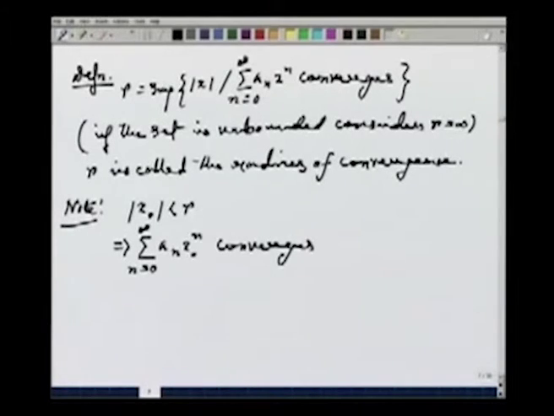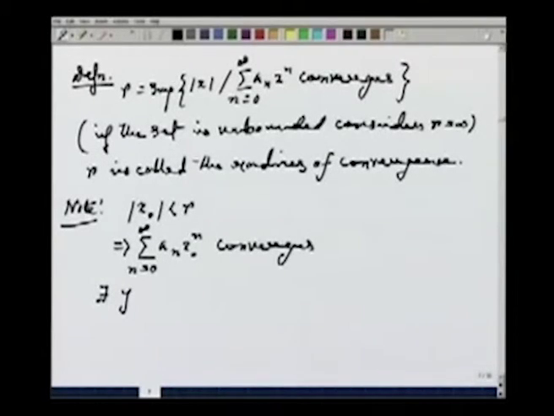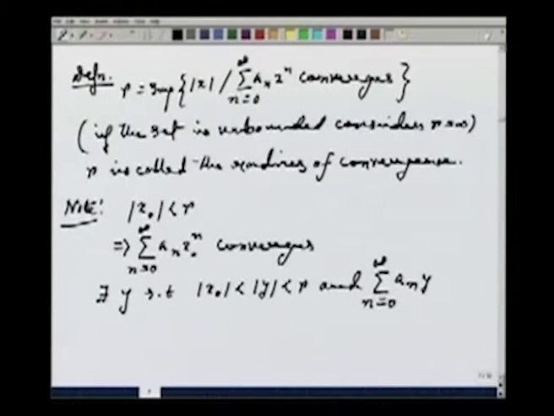Since modulus of x naught is less than R, there exists y in the set such that modulus of x naught is less than modulus of y, which is less than R, by the definition of supremum, and summation n from 0 to infinity a n y to the power n converges,